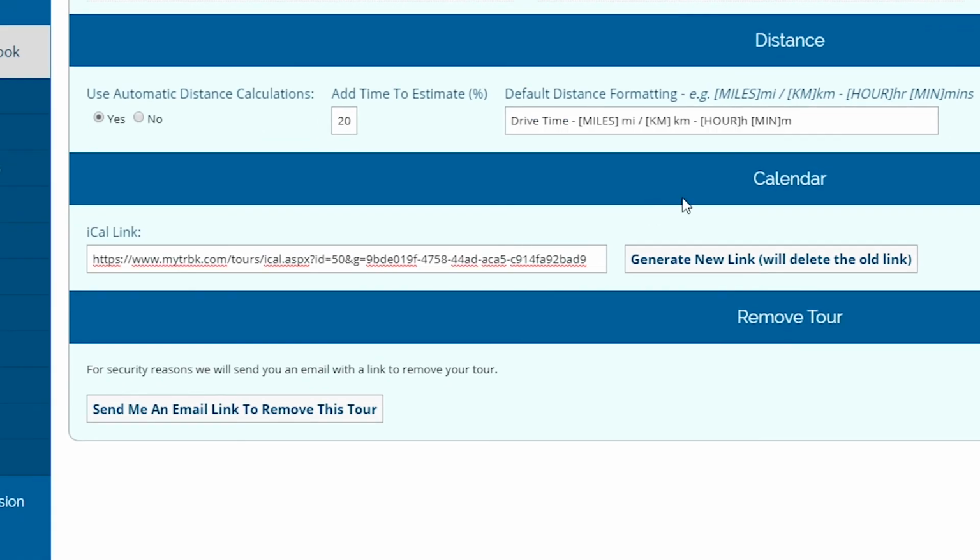Down here, we have the calendar. Now, this here is just a link which you can copy into your favorite calendar program. For example, if you've got an iPhone, you can add that link to your calendar and it will automatically put all the tour dates into your calendar, and you can send that out to the other members of the tour